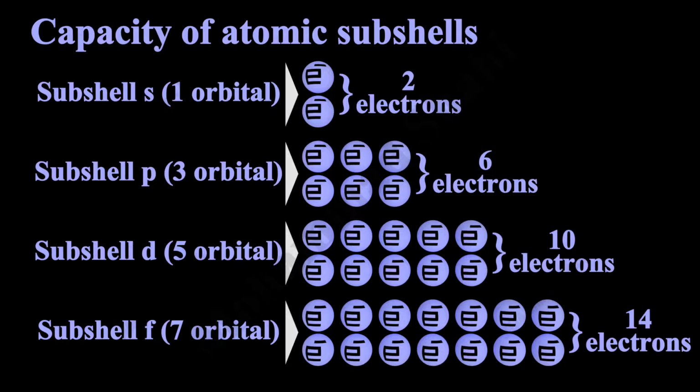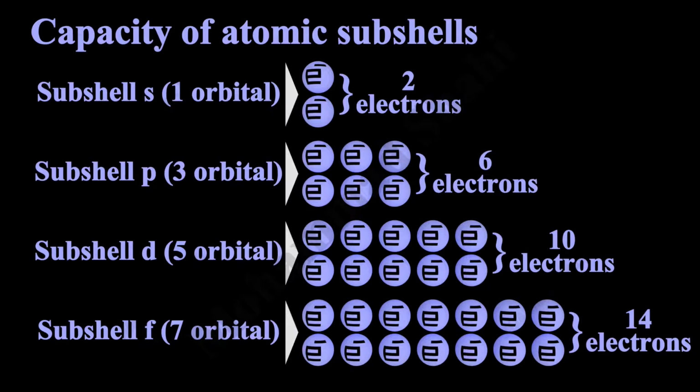Based on the number of orbitals of each atomic subshell and the fact that each orbital, in accordance with the Pauli exclusion principle, can contain at most 2 electrons, capacities of s, p, d, and f subshells are respectively 2, 6,